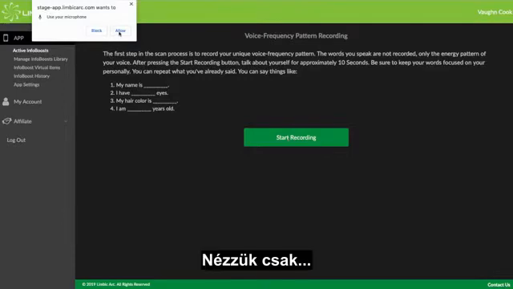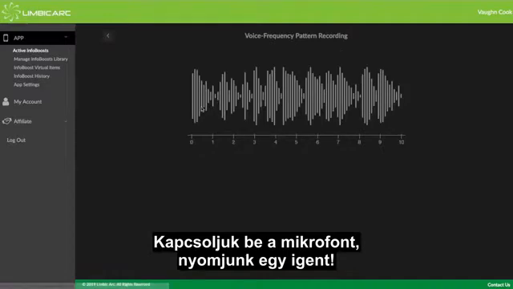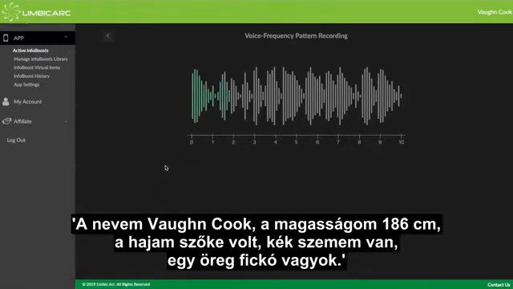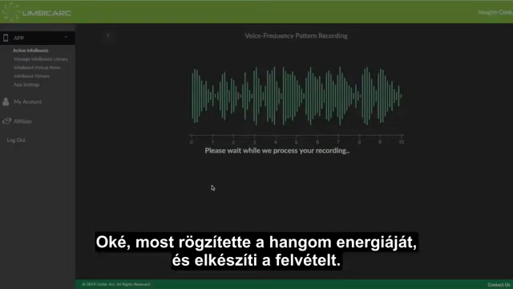So let's see. It says it wants to use my microphone. I have to say yes, you're allowed to do that. And then I say, okay, my name is Vaughn Cook, and I am 6'1". I used to have blonde hair. I have blue eyes. I am an old guy, and okay, it's now